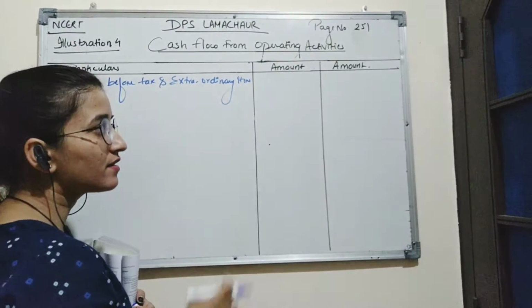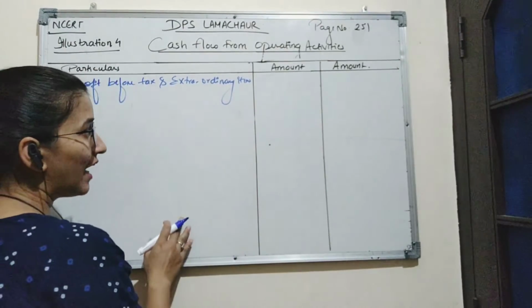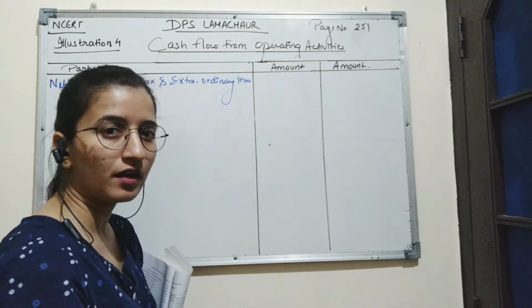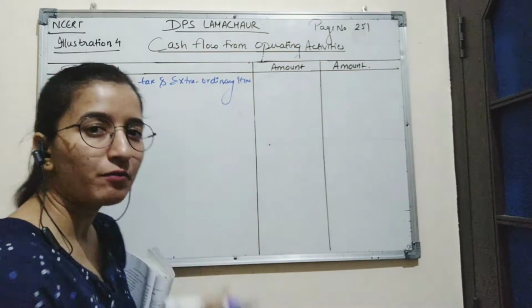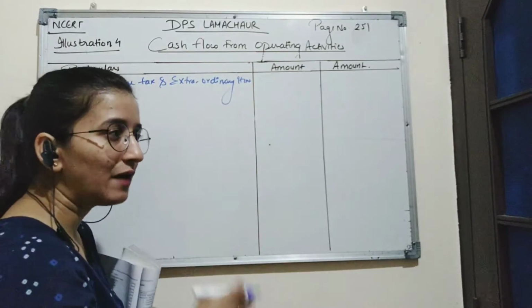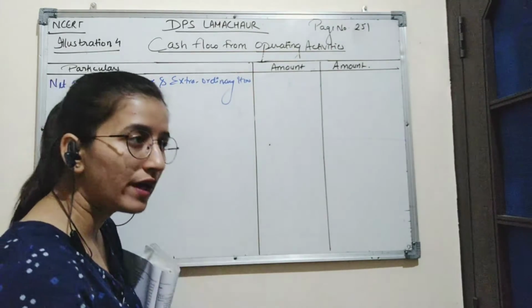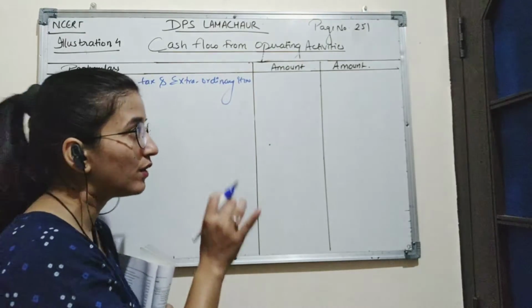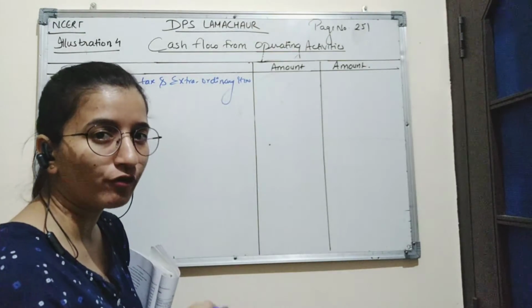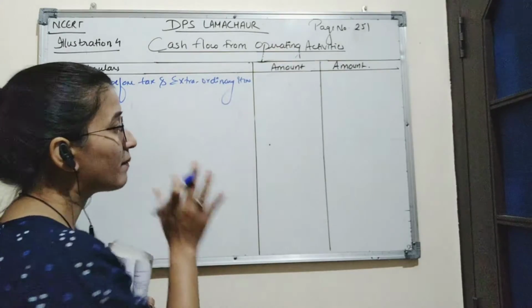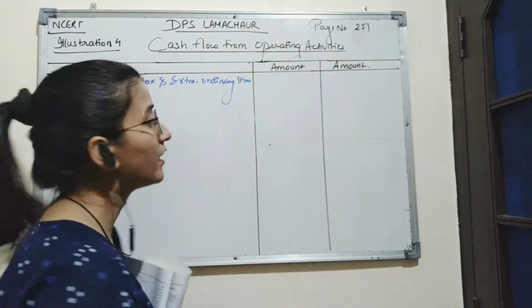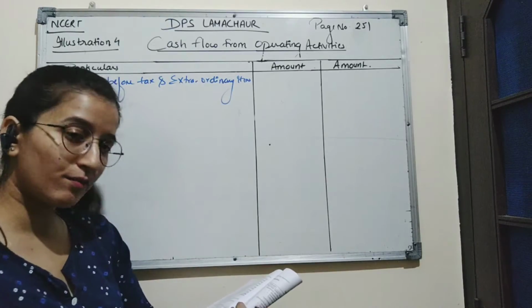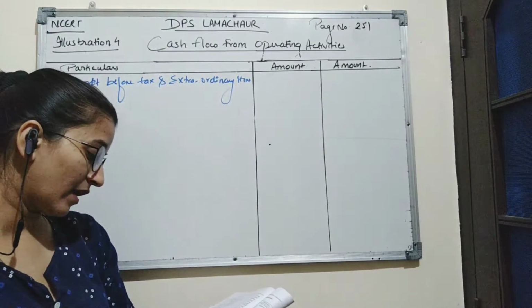As we discussed in the previous session, the profit which we have calculated by preparing the trading and P&L account, before transferring that profit to the balance sheet, is divided into various parts. So to calculate the actual profit, we will add all those parts of profit to the profit remaining in the statement of P&L account. So here in the question, we have been given a profit of rupees 1 lakh and